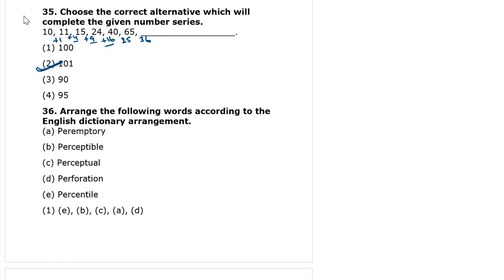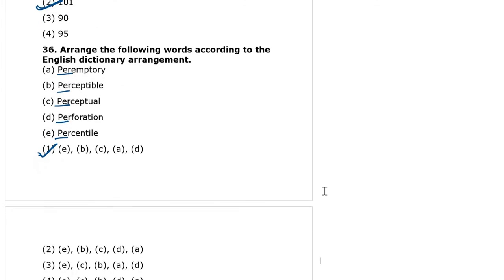So next one is arrange it in the dictionary order. We know the order A to Z. First PER, everything is same. Now compare the fourth letter. C must be first. So E. After C, compare the fifth letter. Like that we will get the dictionary order. The answer is, first one is the answer. Come to the next question. 37.